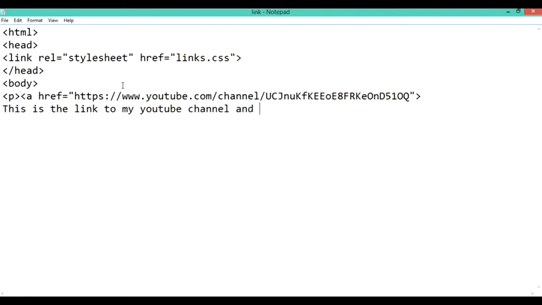So here you can see that I've written a paragraph that is a link to my YouTube channel, and we are going to learn the properties that we can use with CSS in our linking file and how we can change the style of the link. Whenever we are talking about links, this will include the active link, visited link, hovering the mouse pointer, and other parts of a link, and how we can perform text decoration or other changes.